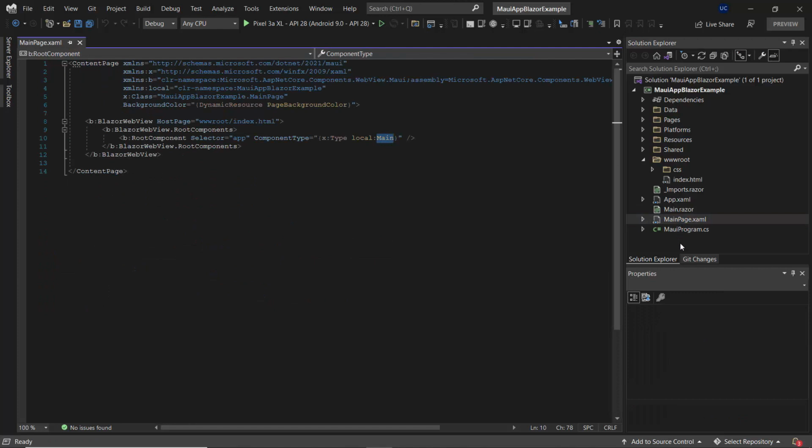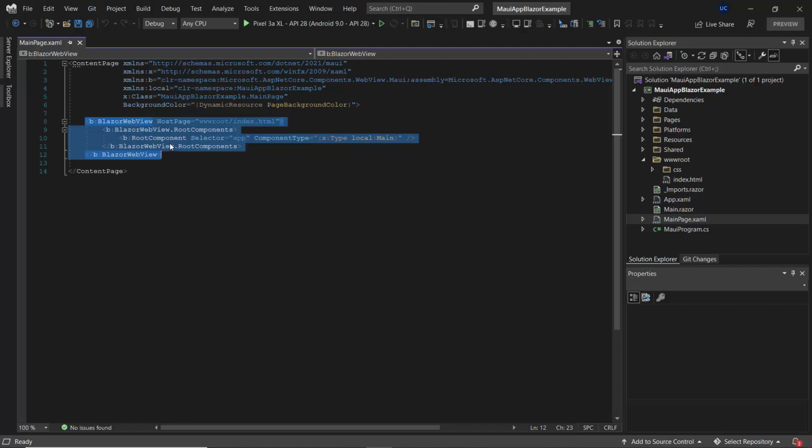Now let's have a look at this MainPage.xaml. Here you can have a look at this Blazor web view control. Usually .NET MAUI apps use this particular Blazor web view control to render any of the Blazor components to an embedded web view.